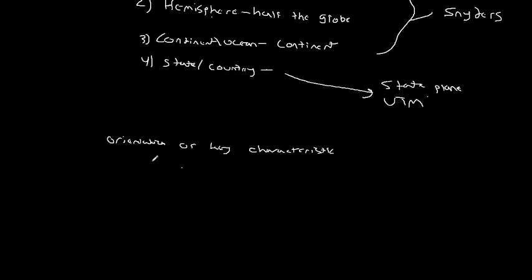Right, so this is going to basically be things like, is my mapped area longer in one direction? Right, so this is going to get back to that idea of aspect. Do we want the map to be oriented vertically, like north-south, or do we want it to be oriented horizontally, east-west? And that's going to determine based on whether or not your geography extends more in one direction than